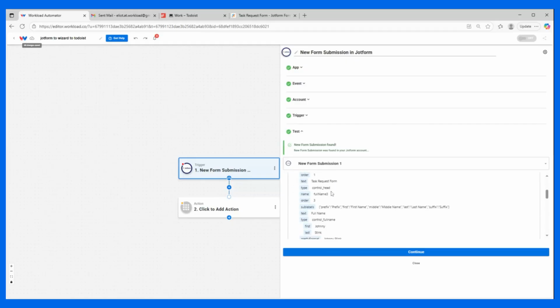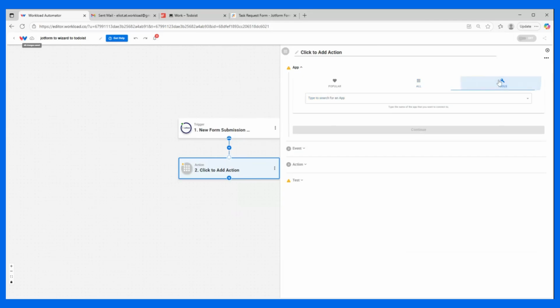So we have a form response. If you look over here at the raw console button, the way Jotform provides its response is all of the answers to the questions we want are tucked inside of this answers array, and the actual question answers are in a field called answer. So we're going to use the AI wizard, click continue, go to our tools,